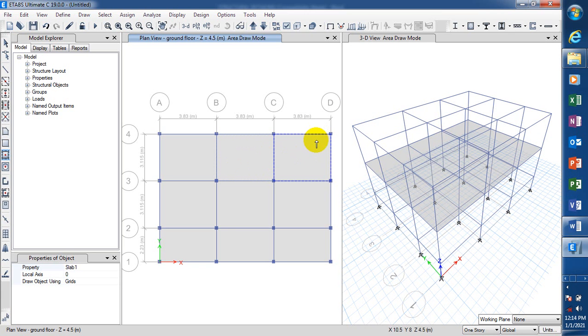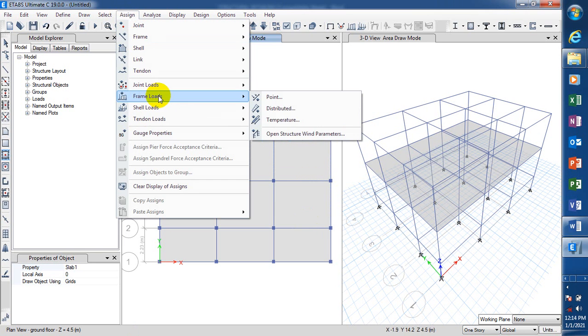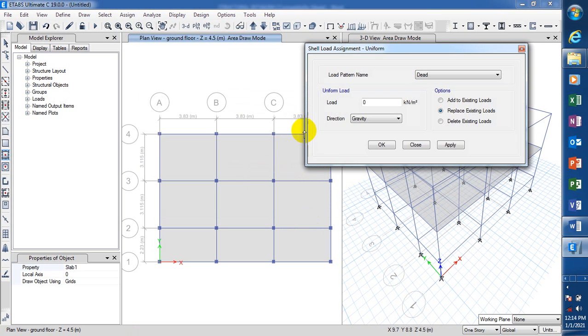So right now, if we assume this to be a residential building, okay, so I'll go to my assign, and I'll go to my share load, and I'll go to uniform load, okay? It's actually by gravity, and then I will add to existing load because I have an existing load already. The self weight and all that has actually been done by the software, so I'm just adding this as an imposed load on this, okay? So the value here based on, let's assume if here, if we have this place, this point we have here,